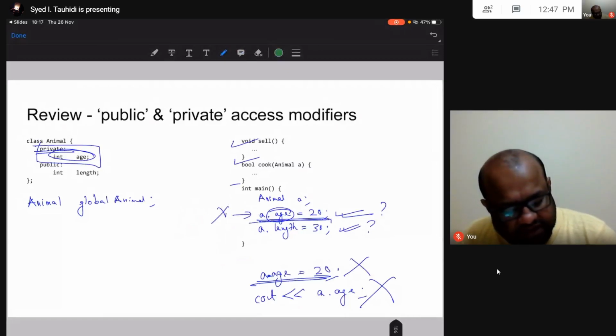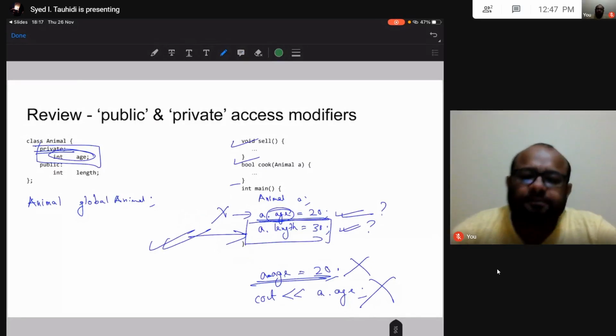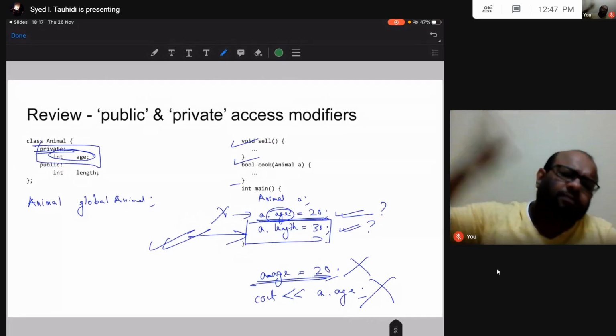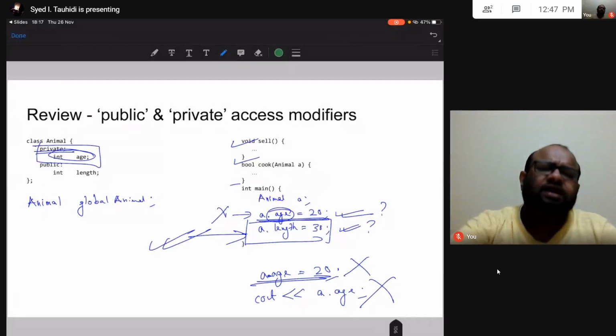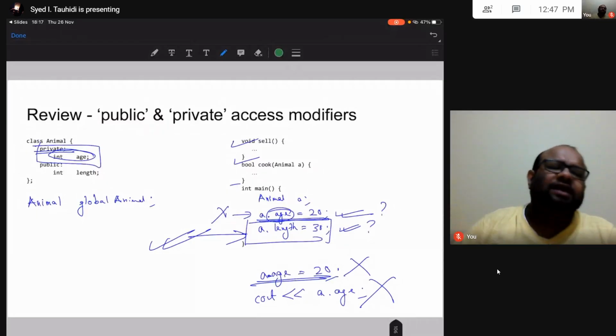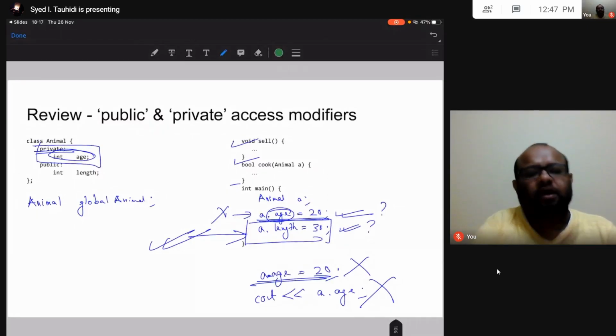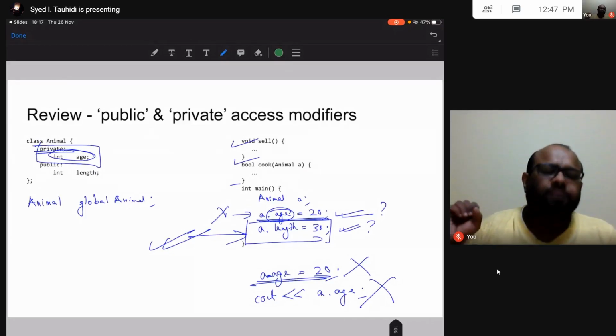This line, on the other hand, is completely fine. Length is a public data attribute, and main is a function that is outside the class, somewhere else. Outside, public I can use anywhere. Outside the class I can read the value of a public attribute and I can update the value of a public attribute.